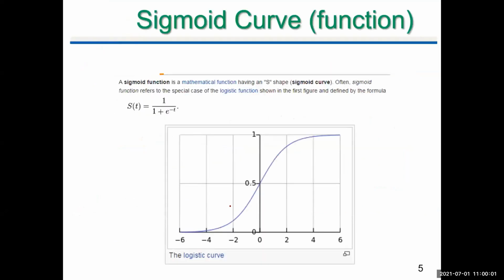Next, we need another thing, and this is called an S-curve or a sigmoid curve or a logistic function, whatever you want to call it. You can call it any of those. Anyway, you can see that this curve